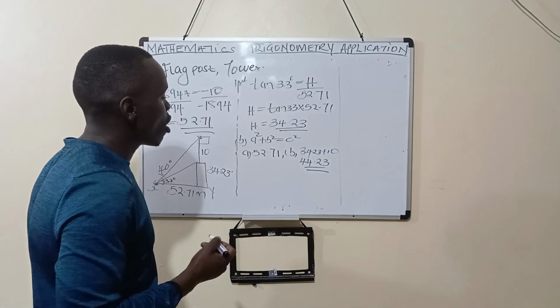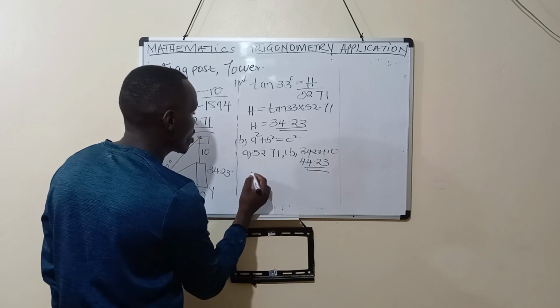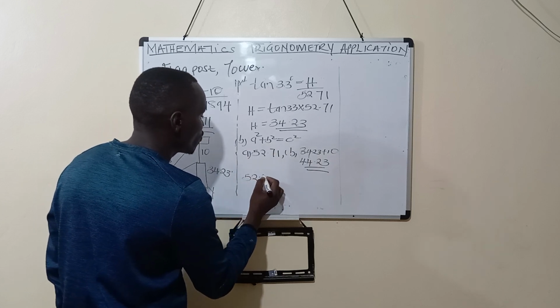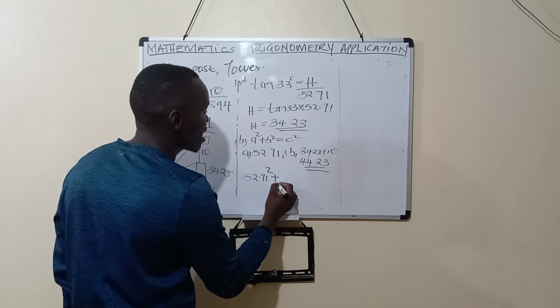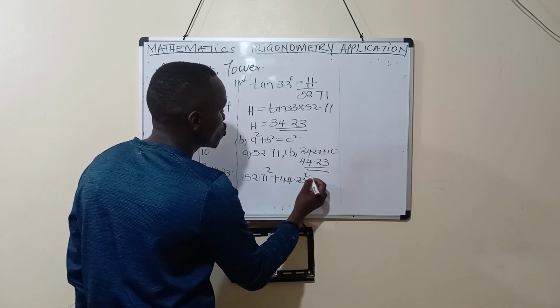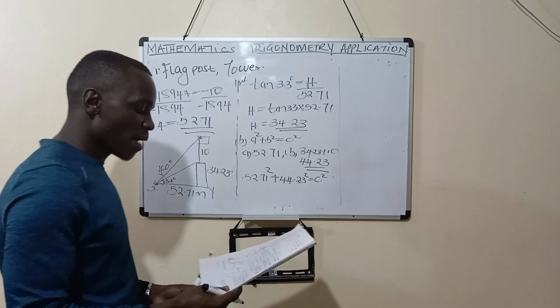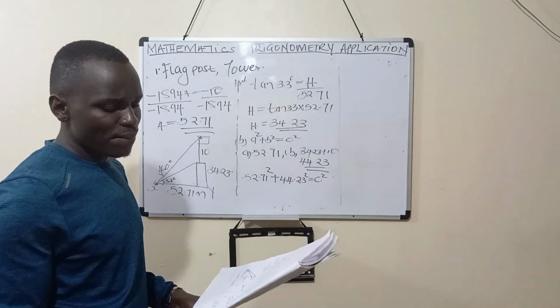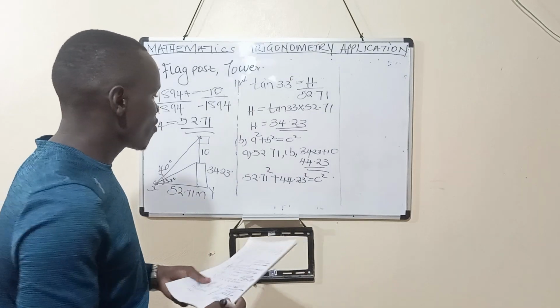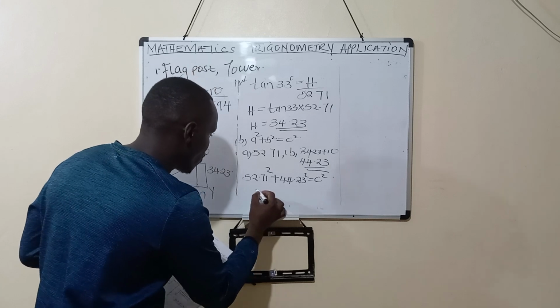I hope we are all sailing together. So in this case, we're going to have A squared, which is 52.71 squared, plus B squared, which is 44.23, should give us C squared. When we get the sum here, if you calculate here, we are going to have